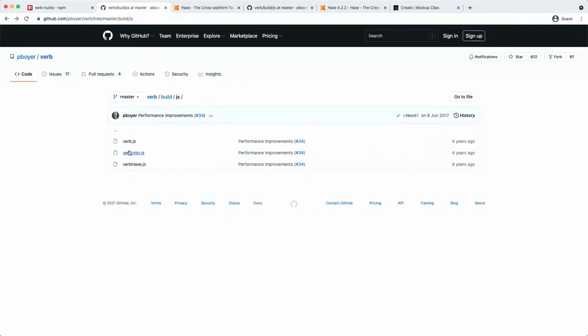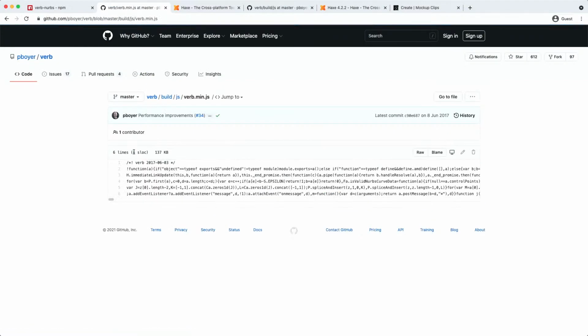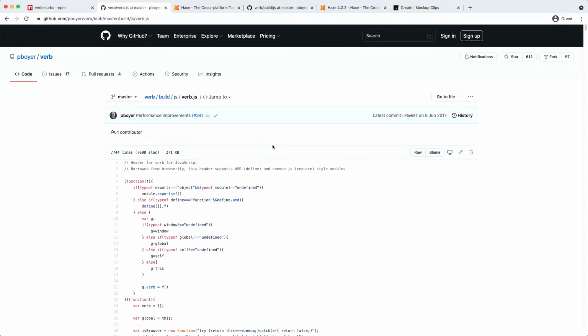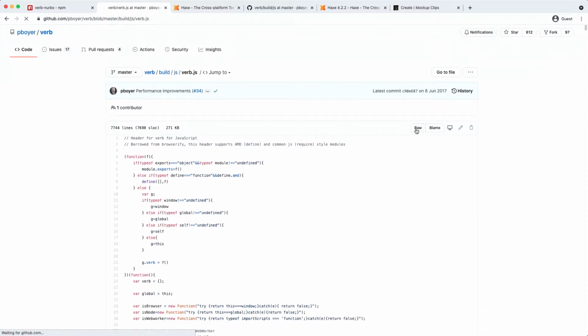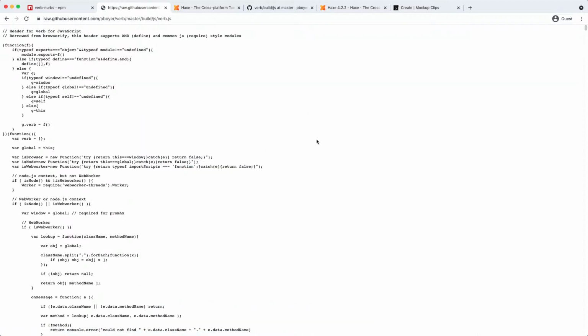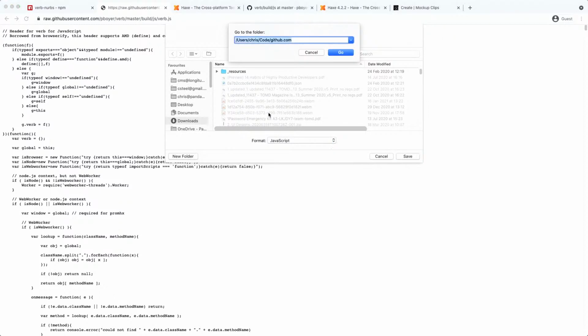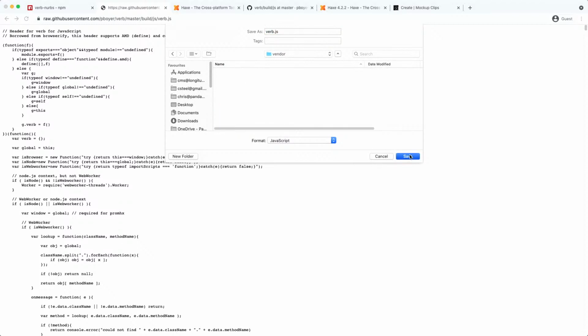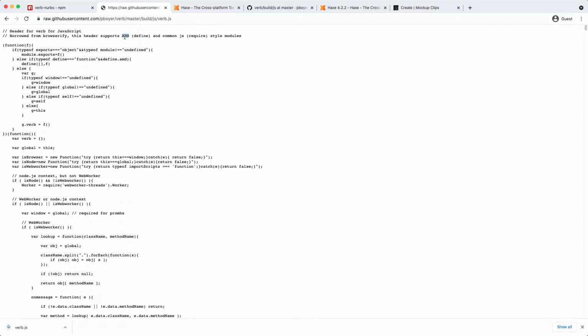And then if we download this, maybe not that one, maybe the unminified one, then we can actually debug it a bit. So you can do require, stuff like that. Yeah, okay, this looks maybe like a better option. So let's try and find where we can stick it. Let's get GitHub. What was it in core? Vendor verb.js. It's interesting that it supports AMD and CommonJS, because that's good,